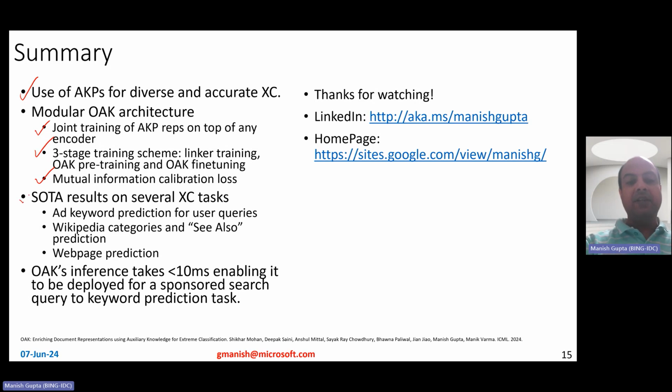We observed state-of-the-art results on several extreme classification tasks, including ad keyword prediction, Wikipedia categories and see also prediction, and web page prediction. Lastly, what is super important is that OAK's inference takes less than 10 milliseconds, enabling it to be deployed